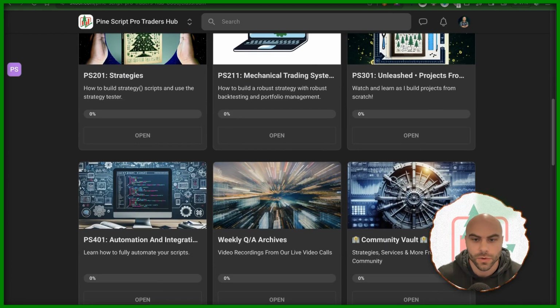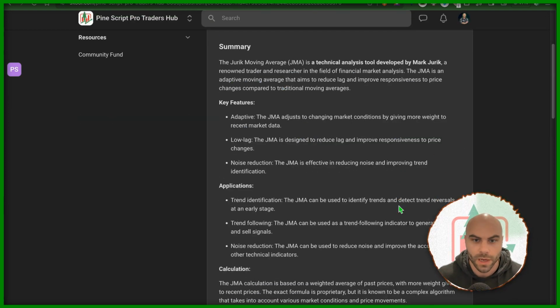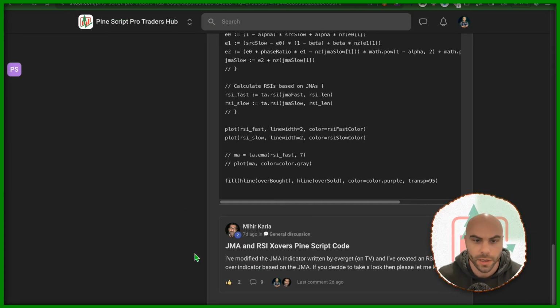We also created a community vault. You can check that as well. This is going to be all of the indicators, strategies, services, resources that our community posts. I'll even put some in here as well because I am part of the community. So whatever we come up with, if you don't mind me putting it in here, we'll drop it in here